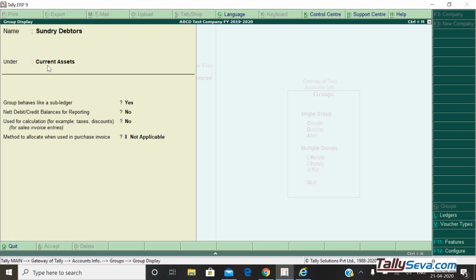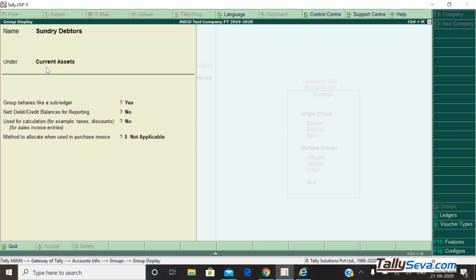Now let us assume the sundry debtors group is nothing but our customers group. Assume that we have customers in different areas, like north area and south area. Tomorrow we want a report for the management: what is the total outstanding related to north customers, and what is the outstanding related to south customers, at the same time.